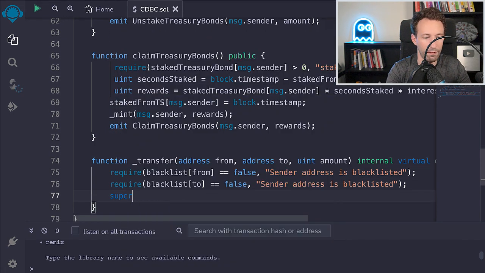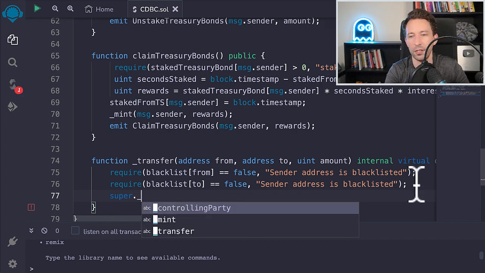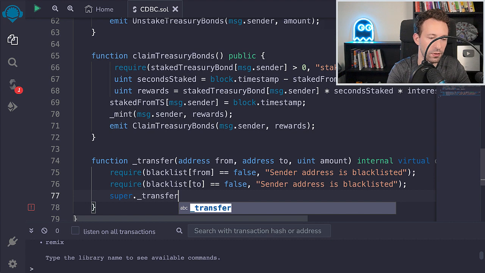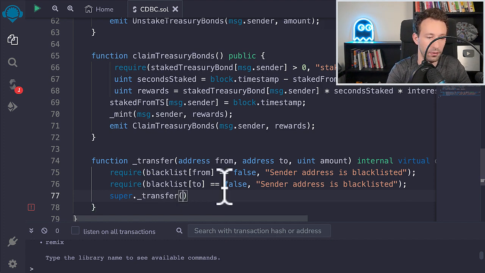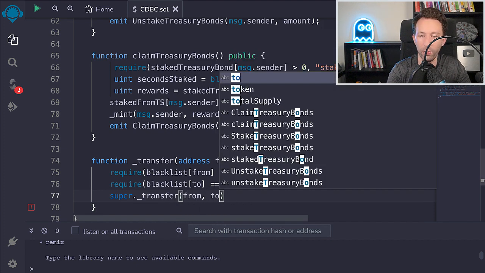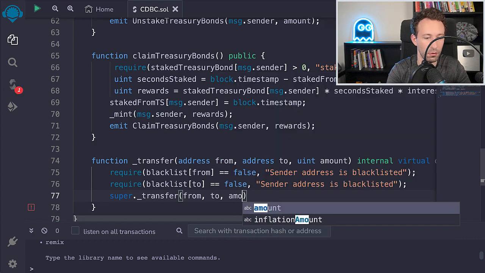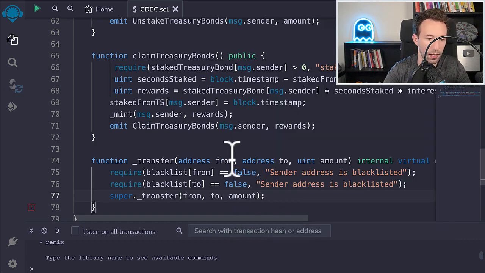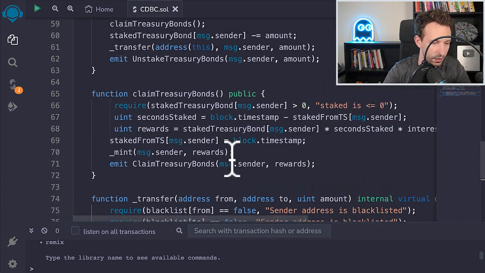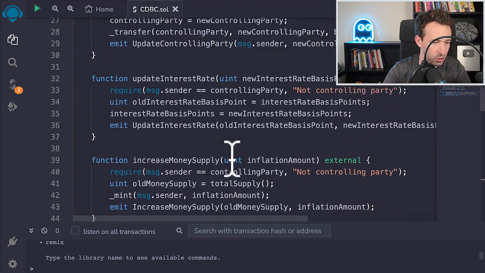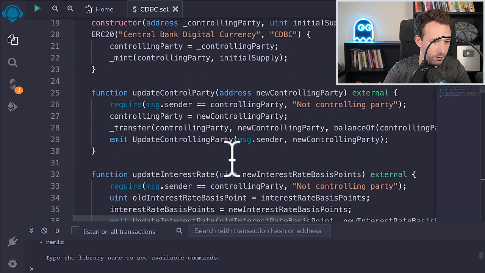And after, we are going to call the underscore transfer function of ERC20, and for that we need to use the super keyword to call the other underscore transfer defined by the parent. And here we just forward all the arguments: from, to, amount. All right, okay, cool.